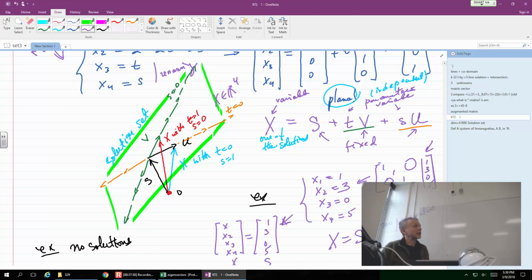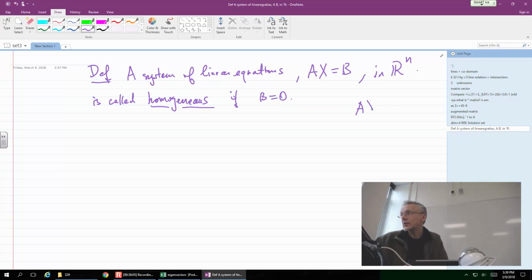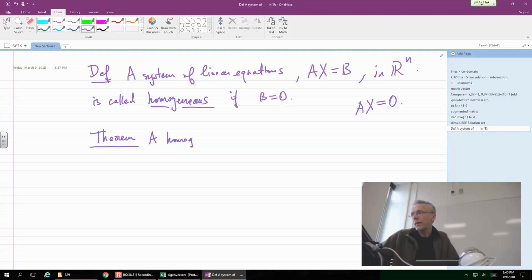So if we don't want to deal with that extra business of having S in the way, we just put it away, out of the equation, out of consideration. So the simplest system of equations is AX equal to 0. Okay. And then there is a theorem which is crucial. So a homogeneous system of linear equations